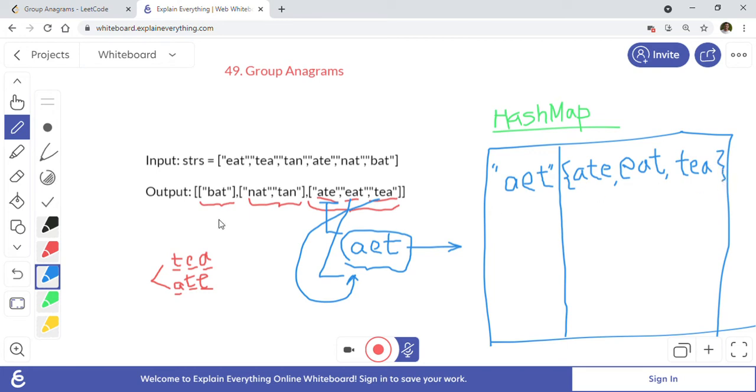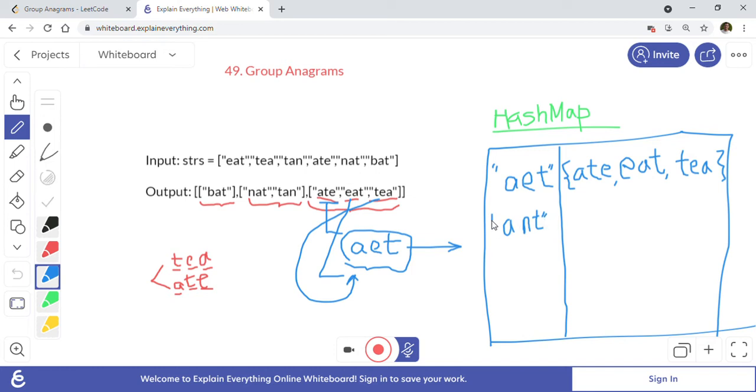Similarly we will form a list for ANT, because that's what it will be sorted as. I'll write it down quickly for your clarification. The second key will be A, N, and T, because that's how it will look after sorting the characters.